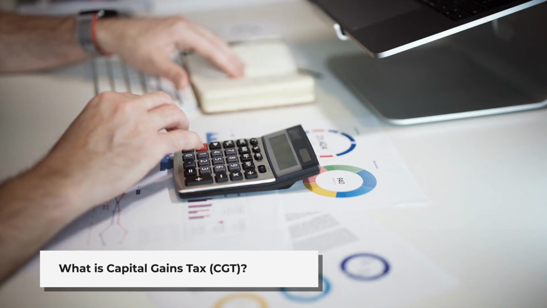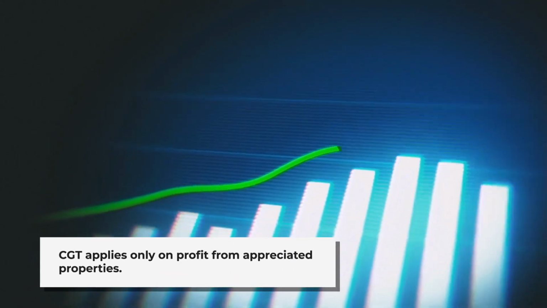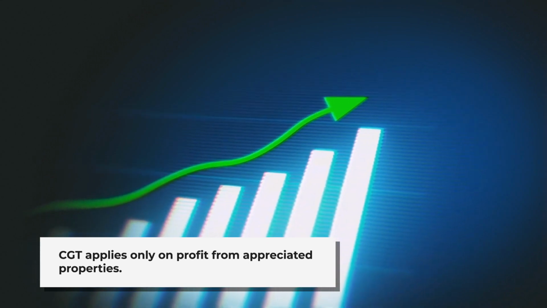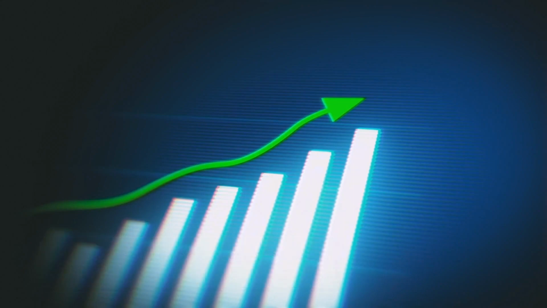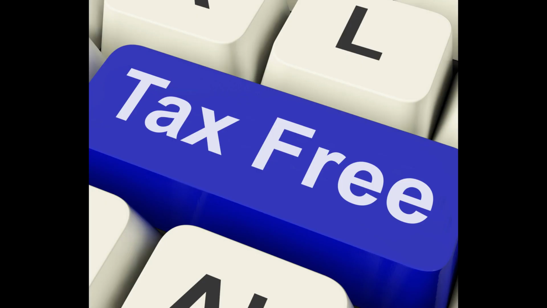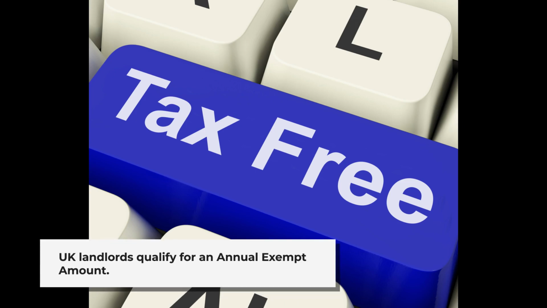appreciated in value. It's important to note that CGT is only due when a landlord sells a property that has increased in value since the time of purchase, and it's calculated on the profit made through the sale, not on the total sale price. UK resident landlords typically qualify for a CGT allowance, also known as the Annual Exempt Amount,